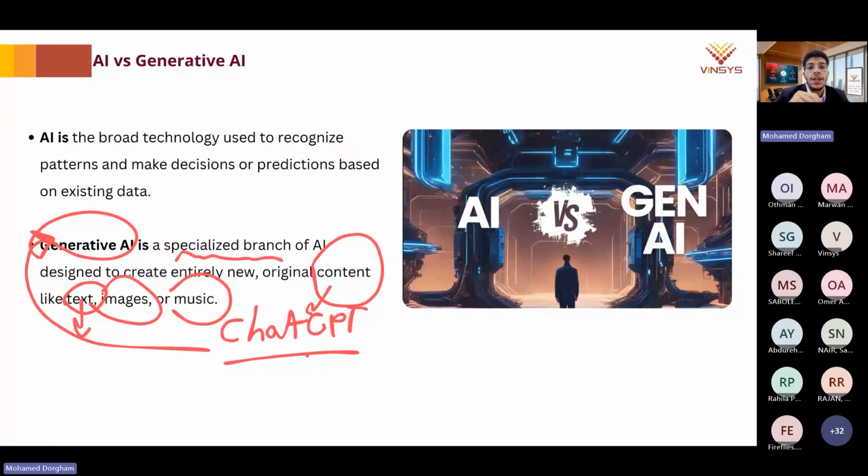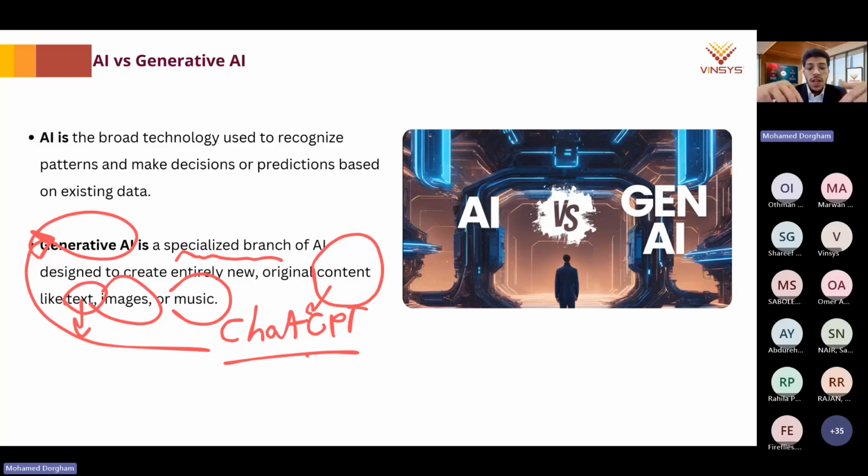ChatGPT is only an application of a specialized branch of AI, which is called generative AI. If someone tells you, hey, I'm using AI every single day, and you ask what they mean, and he answers that he's using ChatGPT every single day, you should tell him that doesn't mean you are using AI, but you're actually using a single application of AI.